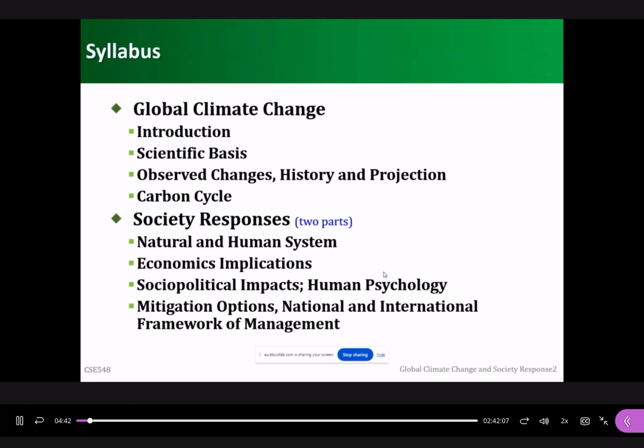But in recent years, we are already working to respond to climate change. And finally, we have a class about mitigation and adaptation. It's about how we can mitigate climate change, how to reduce carbon emissions. And adaptation is about how to adapt to climate change, because climate change is indeed posing negative effects to us.